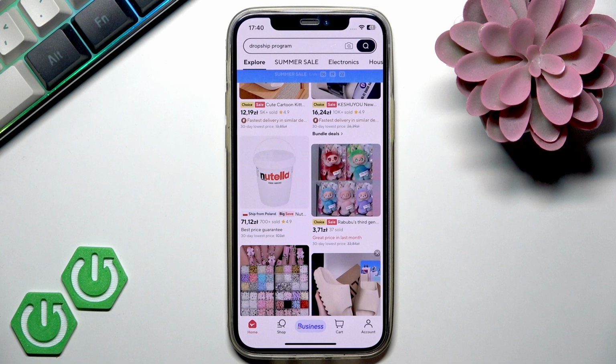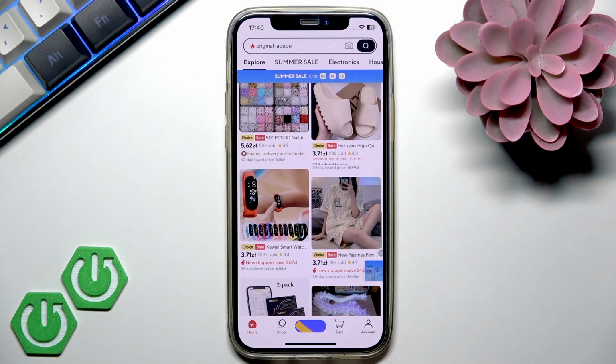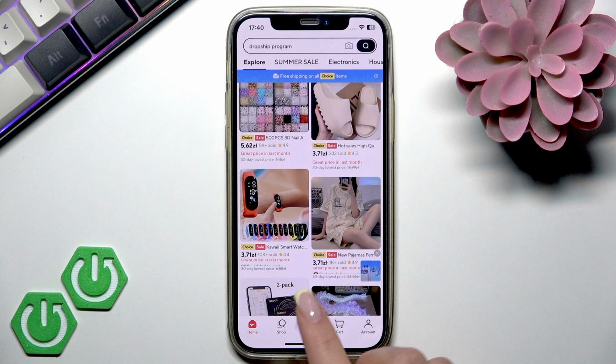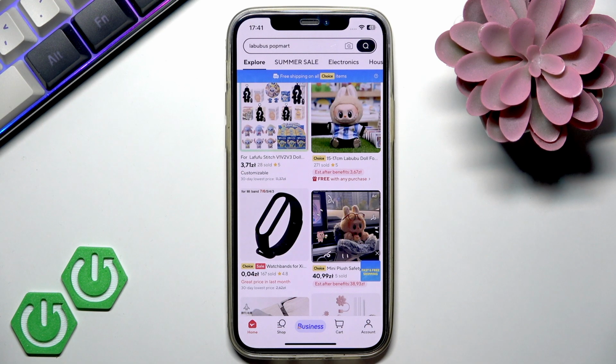So next you should create a store using external platforms. For example, it could be TikTok shop, Instagram shop, Amazon, whatever suits you the best. And then upload the photos of the product that you have saved earlier. Write a description for your item and set your price higher than what you will pay on AliExpress so that you